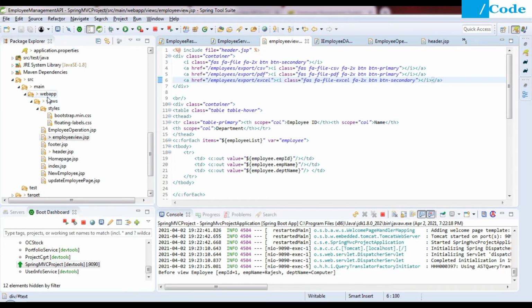Then inside web app we have views, and after the views we have the style folder where we have stored our CSS file, and these are the JSP files which are required by this project. So I will share the whole project link inside the description. Please go through that video first. And then